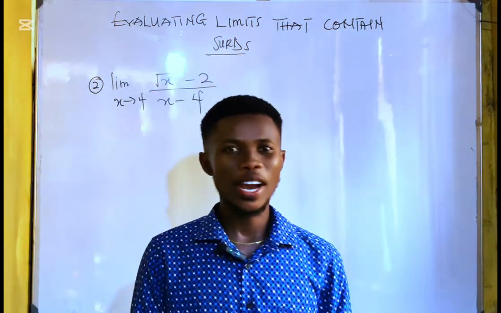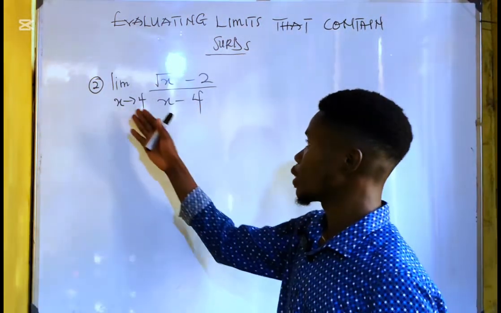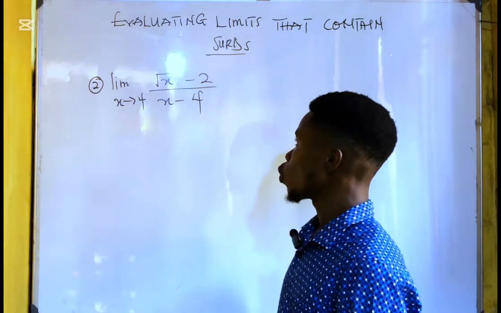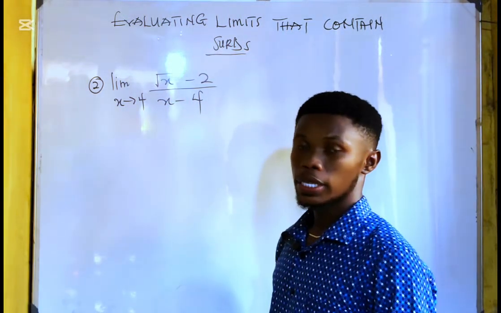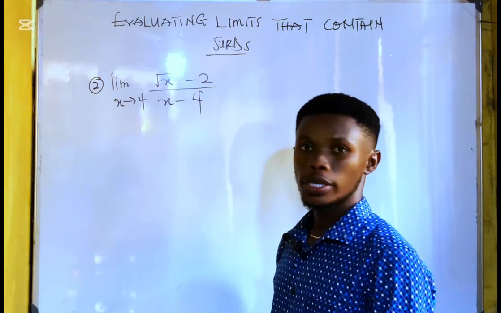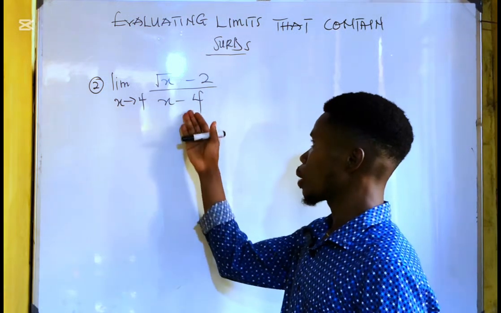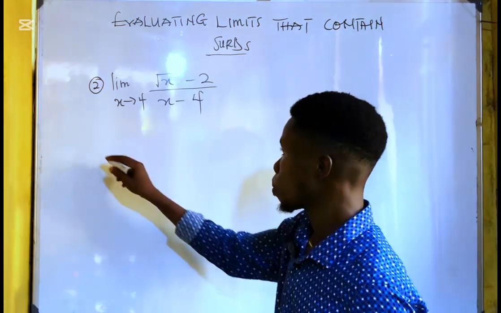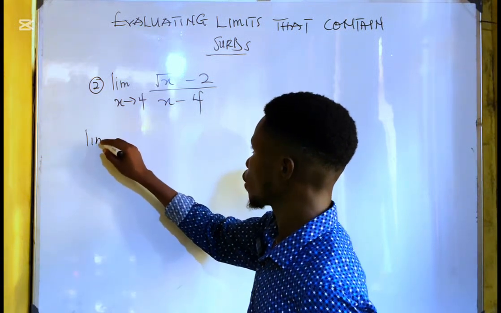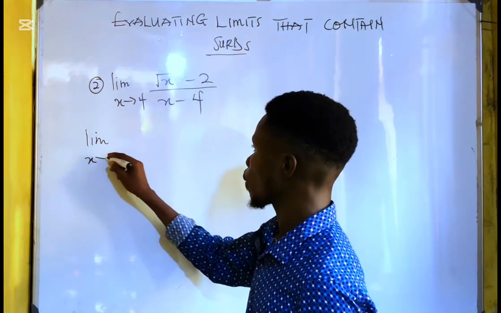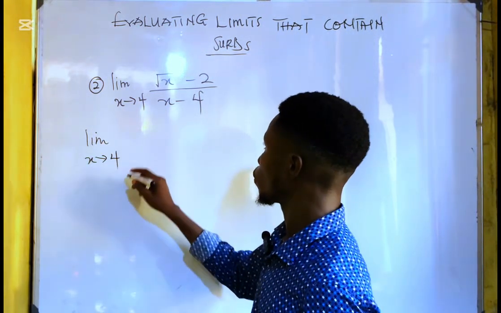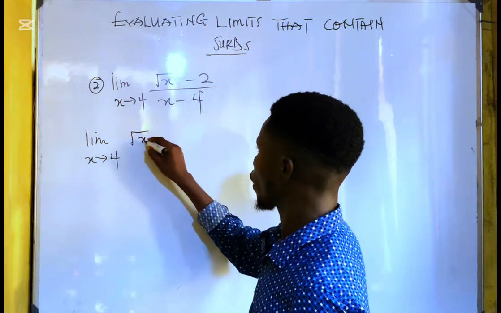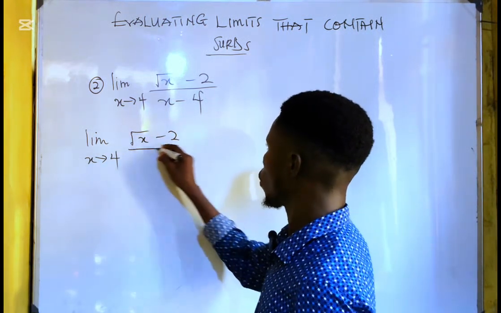Okay, so now let's look at how you can evaluate this. For you to evaluate this, in this case, you are not going to conjugate the denominator, but rather the numerator, because that's where the surd is found. So you're going to have the limit as x approaches 4 of square root of x minus 2,